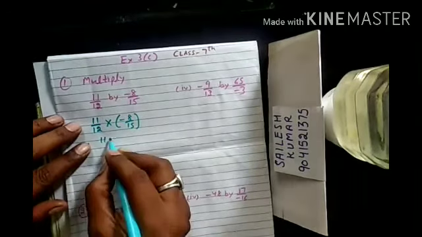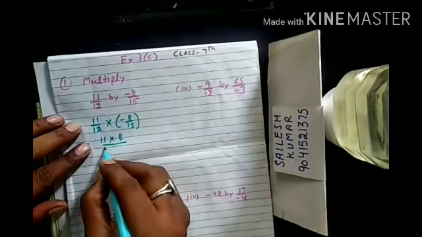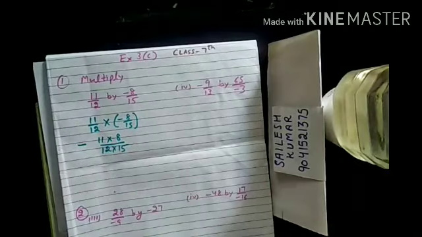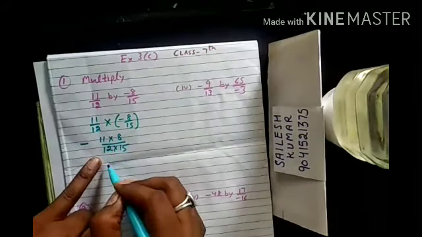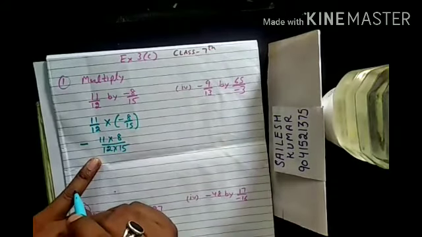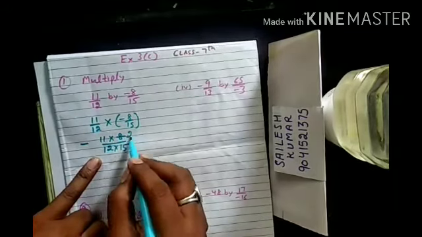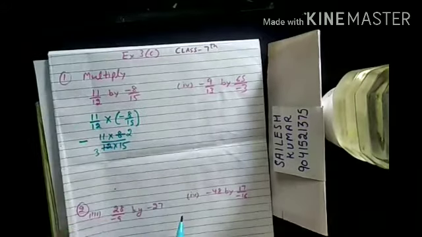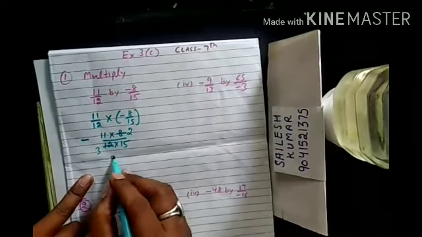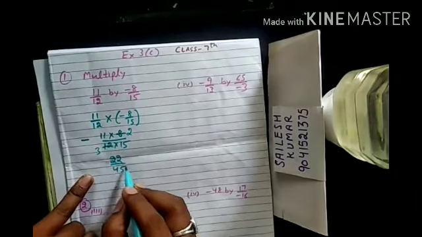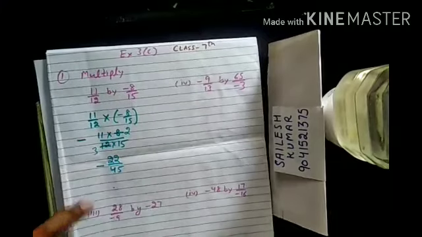After that, I will multiply numerator with numerator and denominator with denominator. Here I will see, is there any common factor between the numerator and denominator of any term? Yes, 8 and 12. Both are divisible by 2. Also they are divisible by 4. So if I cut them by 4, then 4 2s are 8 and 4 3s are 12. Now 11 multiply 2 is 22, and 3 multiply 15 is 45. The negative symbol is here, so I will write this negative symbol, and in this way I get my answer.